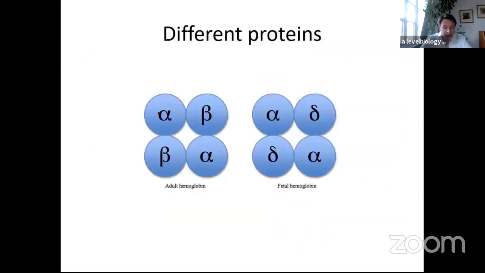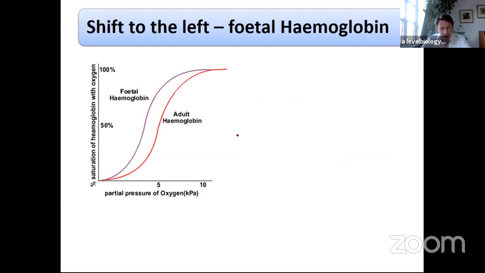So this is adult hemoglobin. We've got 2 alpha and 2 beta chains, and with fetal hemoglobin, we've got 2 alpha and 2 gamma chains. So it's 2 different proteins, 2 different polypeptides within the protein. Now it says it's a shift to the left, and most of your books will say that, but the other